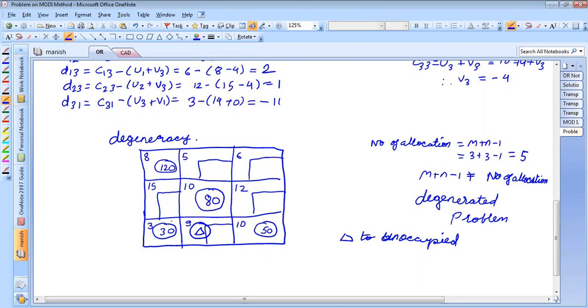So we are going to make an allocation here, delta, which is approximately equal to 0. Instead of having this as an unoccupied cell, now we are going to make it an occupied cell with an allocation of delta, and delta is approximately equal to 0. With this delta, there will be no effect on the constraints. If you see, 30 plus 50 will be 80 plus delta, delta is equal to 0. So this will not have any effect on the